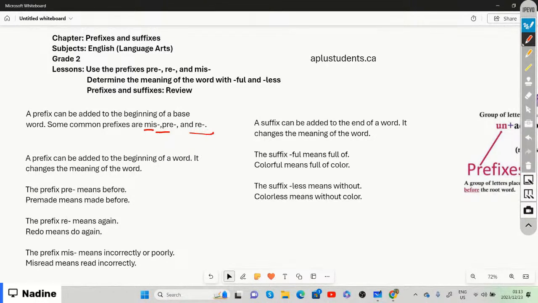So a prefix can be added at the beginning of a word, and then it basically changes the meaning of the word. That is why, in order for you to know the meaning of a certain word, it is also very good for you to know what the meaning of the prefix is, right? So the prefix pre, if we look at the prefix pre,